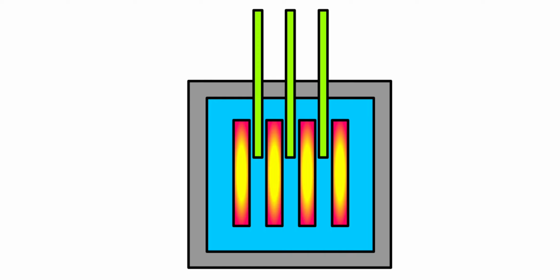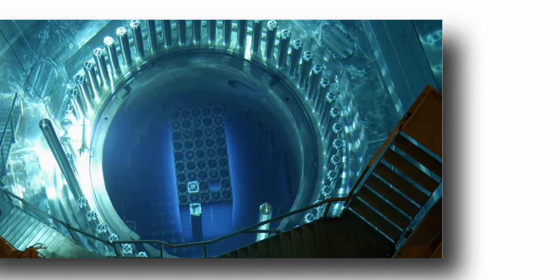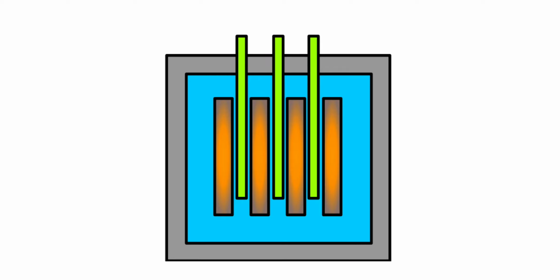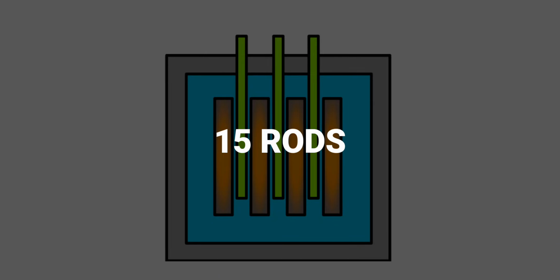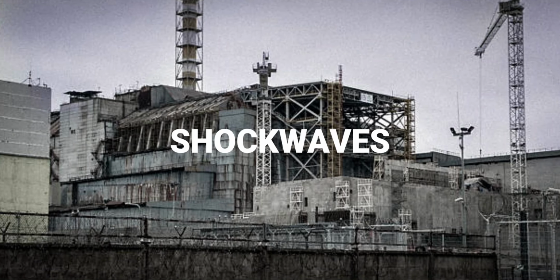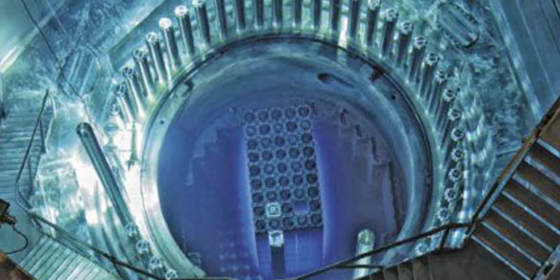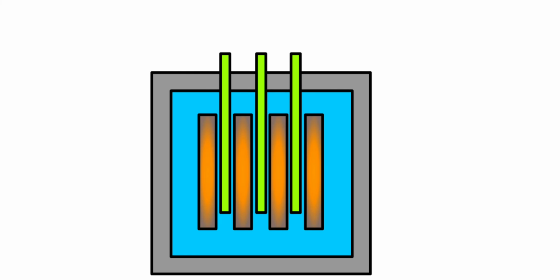Again, he gave the order to take out more control rods and there were only 8 rods left out of 211, which is a violation of the rule, as there should be a minimum of 15 control rods left in the reactor. Suddenly, power increased rapidly, water is converted to steam and very little water remains as a coolant. Some shock waves were seen in the building, so they pressed the emergency button and all the control rods were inserted. But there was a flaw in the control rods and the power output increased rapidly to 33,000 megawatt